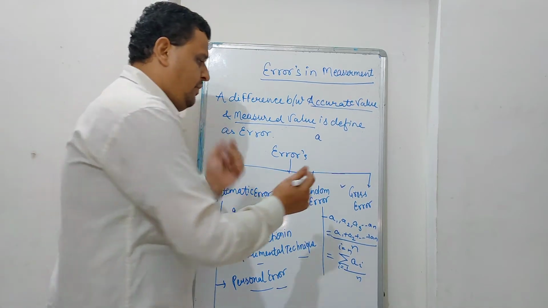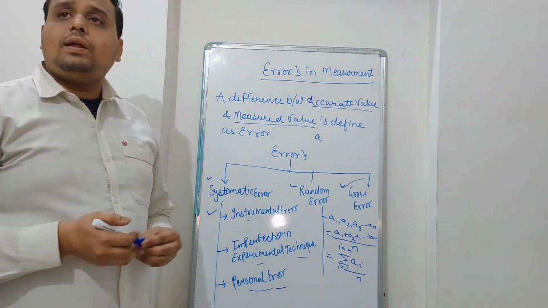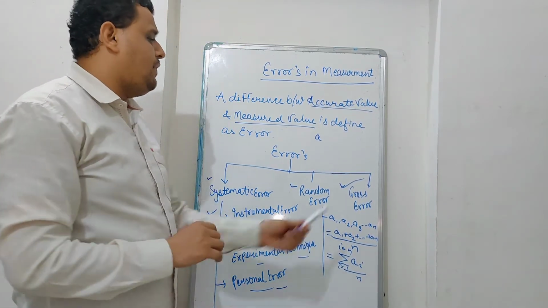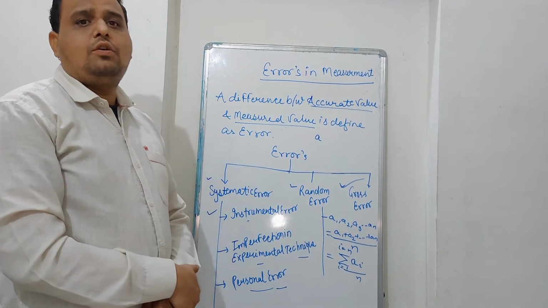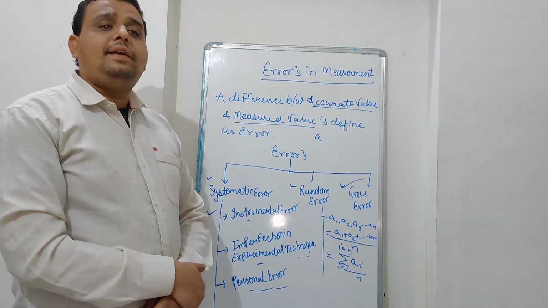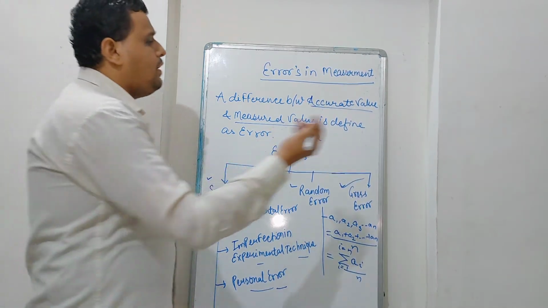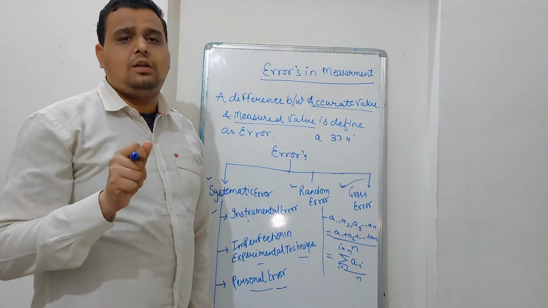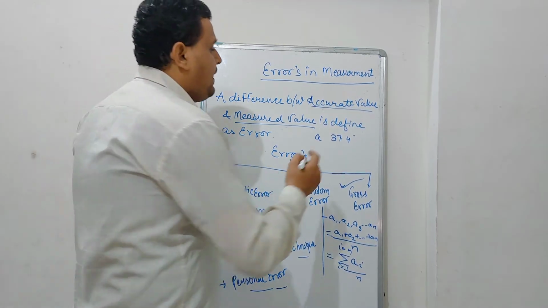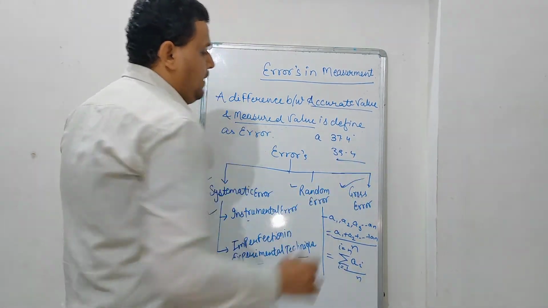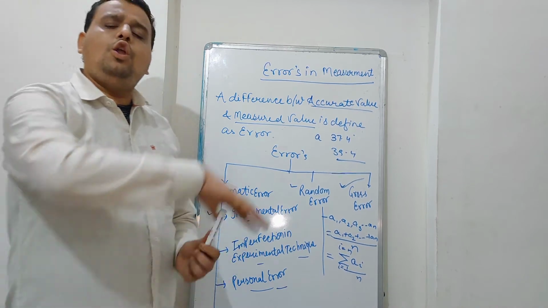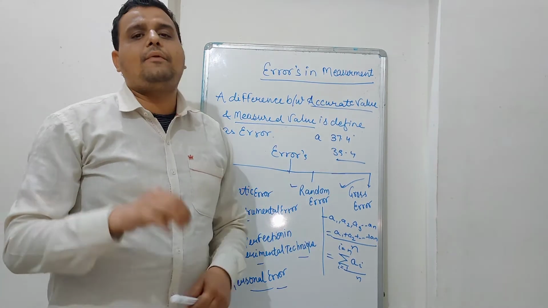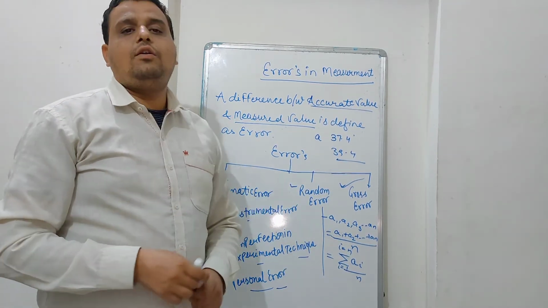Now we turn to gross error. An error generated over the whole scenario of an object is defined as gross error. Suppose we observe the temperature of a person on a thermometer as 37.4, but when we write it in a notebook, we write 39.4. It is a gross error. It means the whole observation process goes perfectly, but at the last point we make some mistake, and that is defined as gross error.